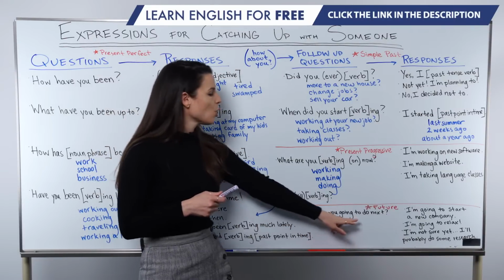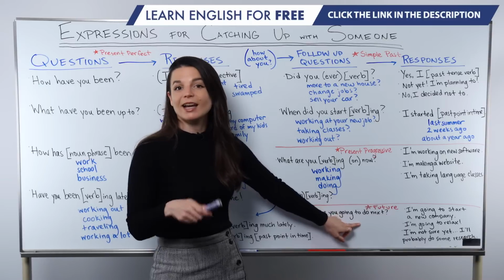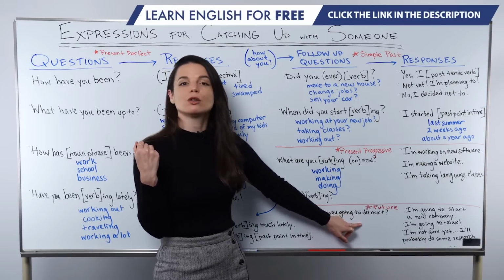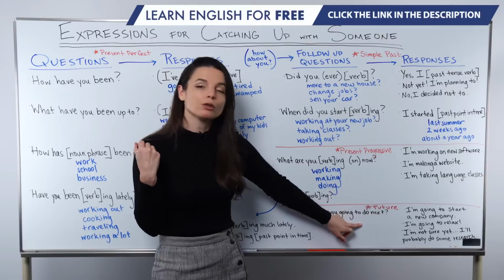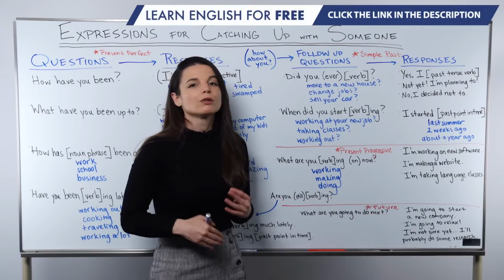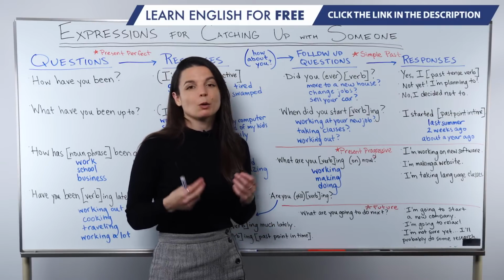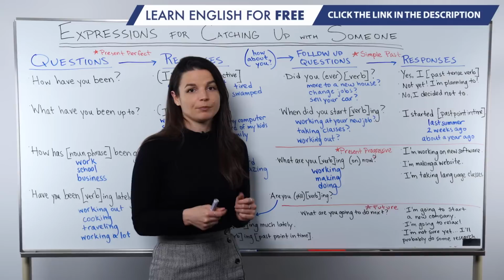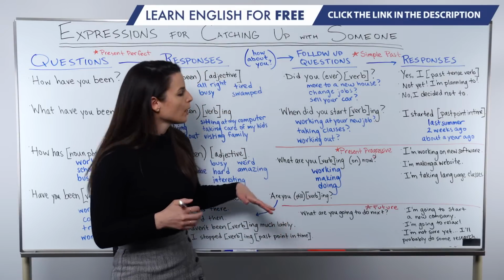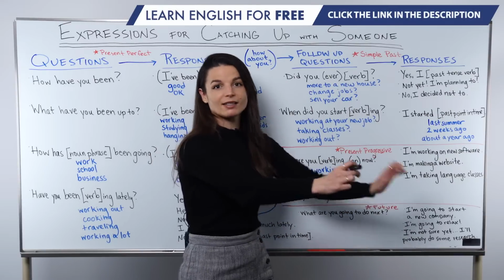So we use going to here because we're asking the other person about the plans they have already decided for themselves. We do not use "What will you do next?" We don't use this because that doesn't sound like a plan the other person made. We use will, those grammar points, when we're not sure about something or when we've just decided that thing. So if you ask this question, "What are you going to do next?", they're probably going to reply with their next planned activity.